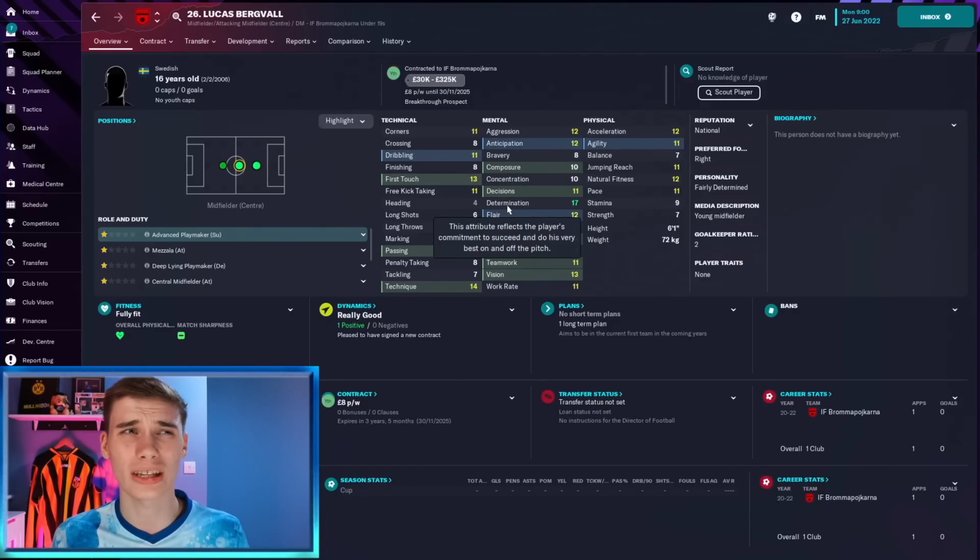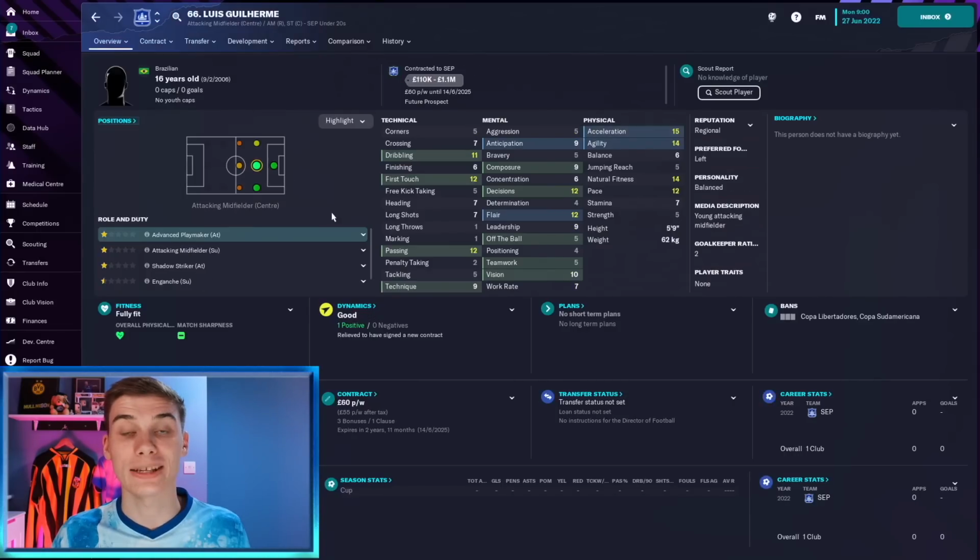Nothing to lose on him. You could easily make tons of profit just by signing this guy, so give him a go if you have got the Swedish divisions loaded, and if not, load them into your next save so you're able to sign Lucas Bergval. It's not often we get a player who's in the essential Wonderkid video but is also under £1 million,